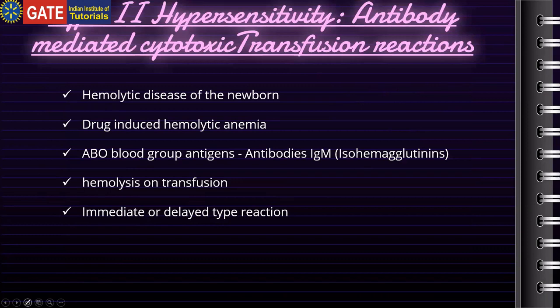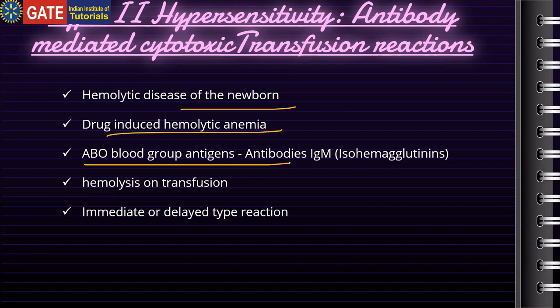So what are the examples we have to study in type 2 hypersensitivity? All are important, friends. If not from type 1, there are great chances that we can get questions from type 2. Hemolytic disease of the newborn, drug-induced hemolytic anemia, ABO blood group, hemolysis on transfusion, which can be immediate or delayed type. Anyway, this we will study in type 4. Now remember,